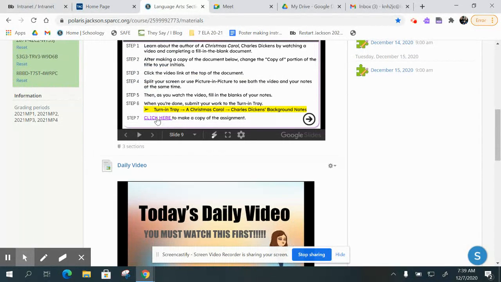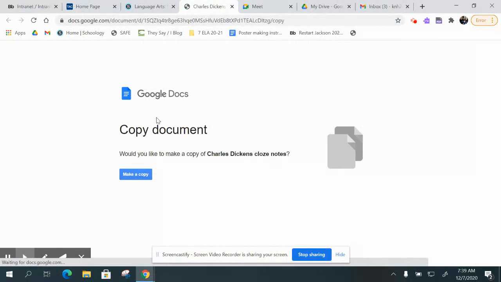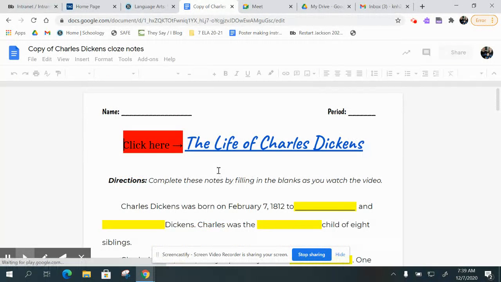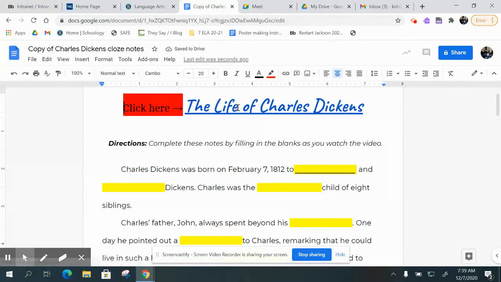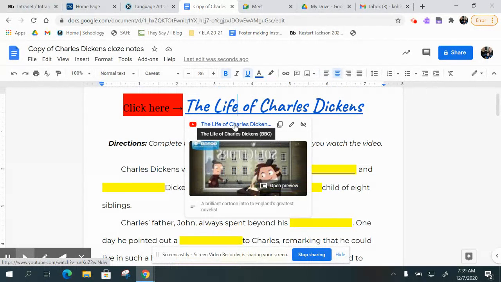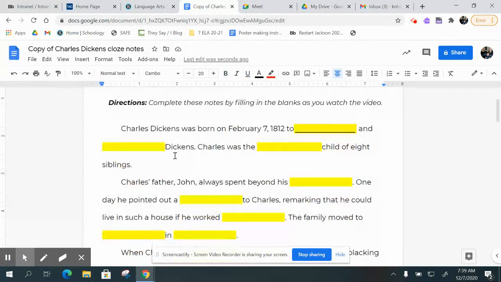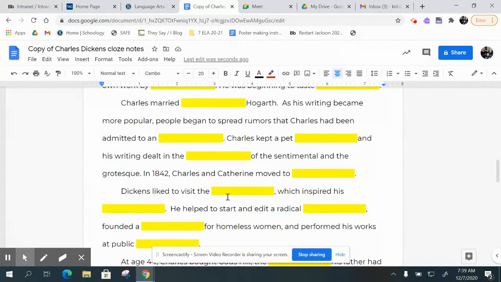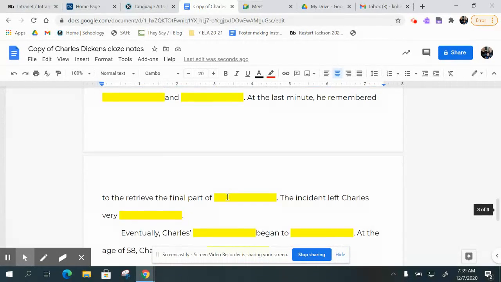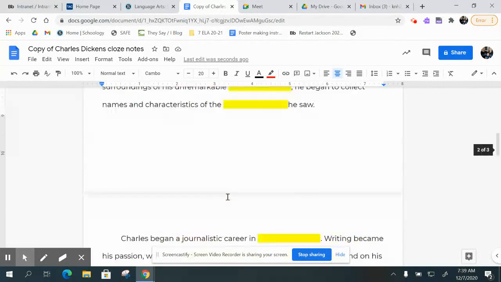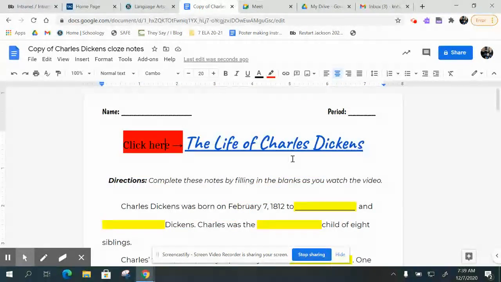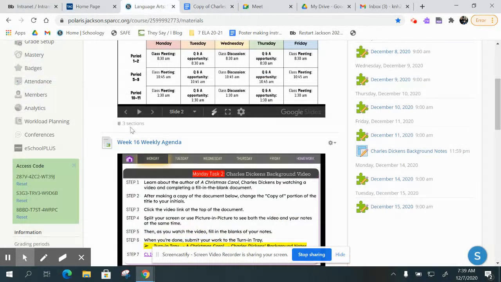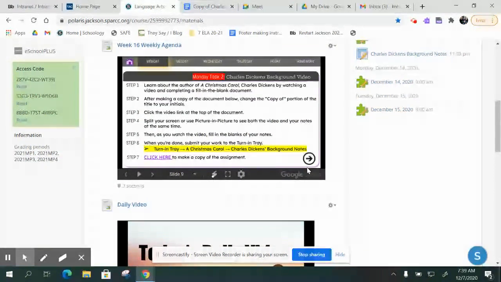All right, so I'll show you what the document looks like. So you will click here to go to the YouTube video, okay? While it plays, you'll be filling in these blank spots. It goes right with the video, so like I said, if you have it picture-in-picture, it should be a no-brainer. Once you have completed this assignment, you'll turn it in, and then you can move on to task 3,